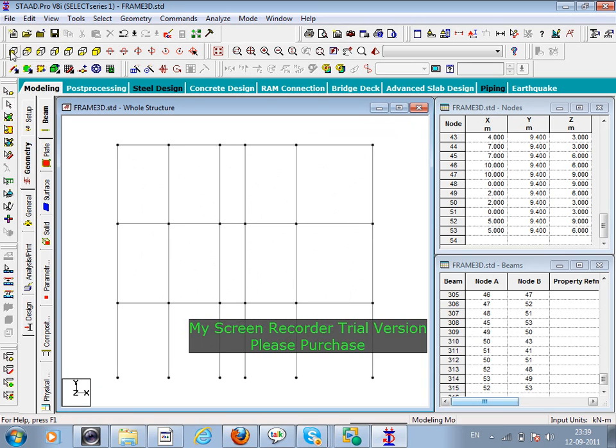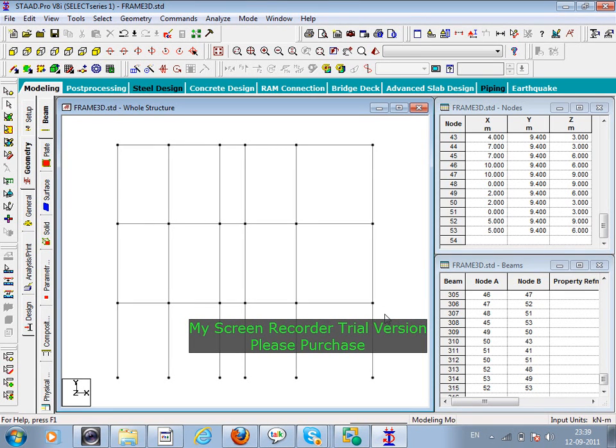Now I am going to the front view. Now at this level, which node and beam do I want to look into? Okay, what are those beam and node numbers? So now not down. For checking that, or in this window you can find that the beam numbers are 305, 306, 307, like that. But to check it properly, now